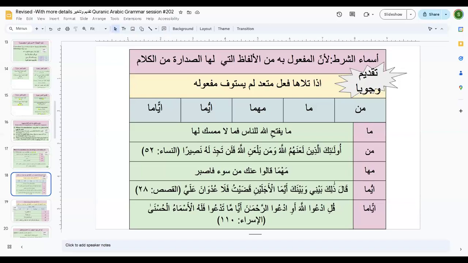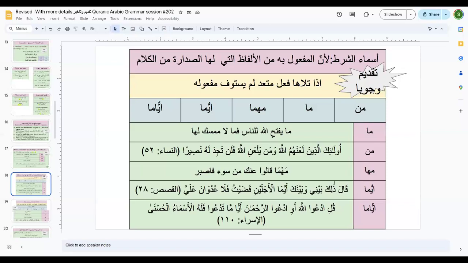Iza is going to be an ism, right? It's going to be an ism. Barakallahu fiki, my dear sisters. I hope this is clear to all of you. Iza is an ism. Now, when you have man, ma, mahma, ayyuma, ayyama, and now just like I want you